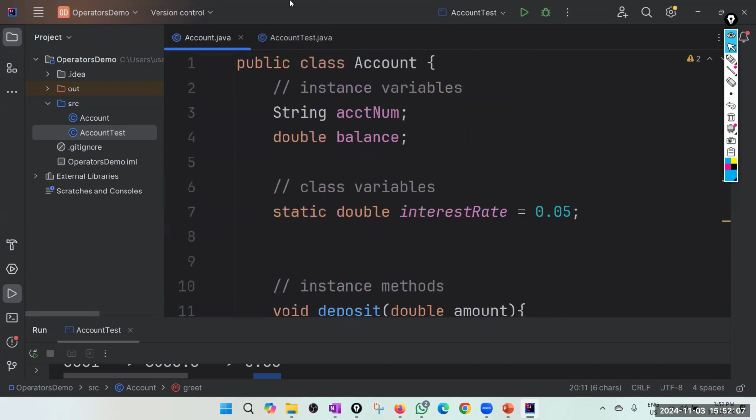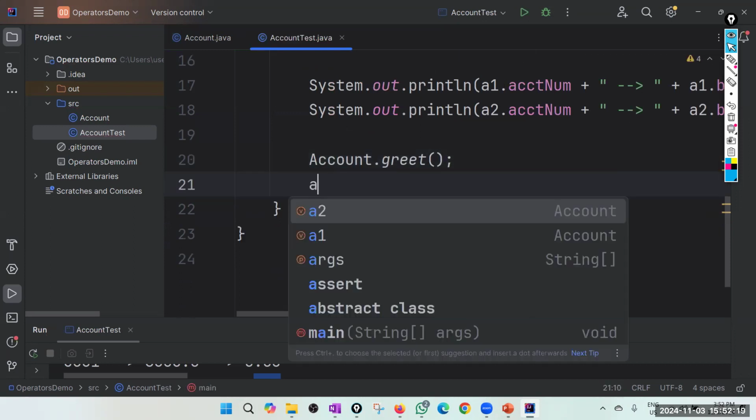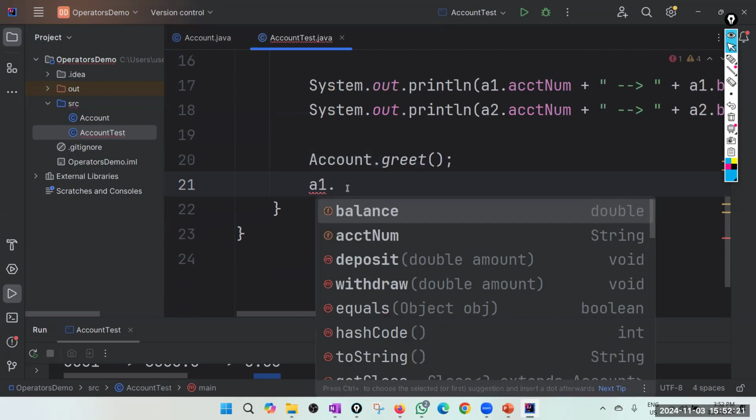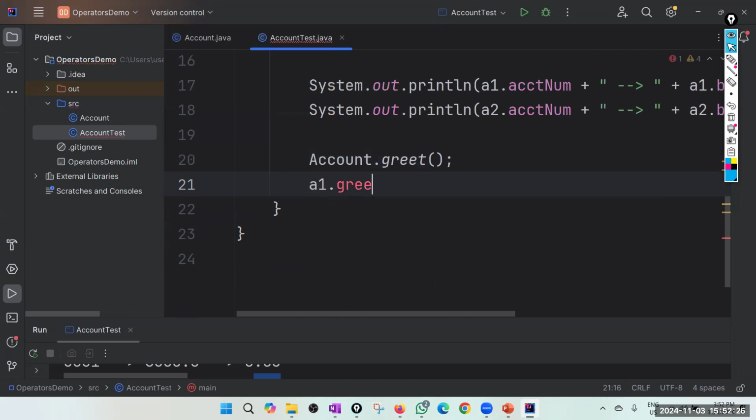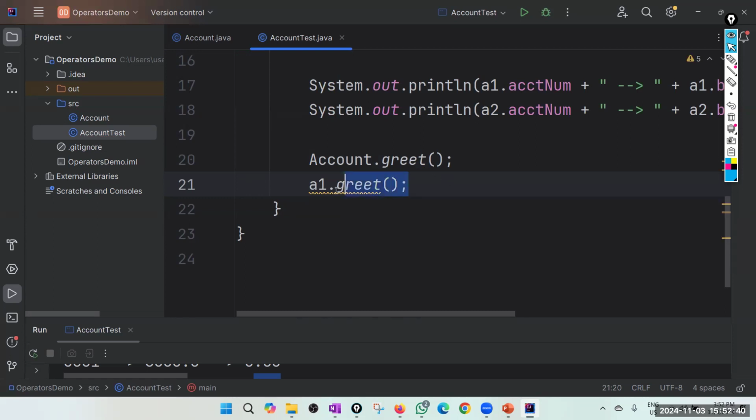And I can call it either using the class name, Account.greet, which is the preferred way, or using any of the reference variables, but that is not the preferred way. That is bad practice, but possible. You can see it is giving me a warning saying that is a bad thing: static member accessed via instance reference. So it says you are doing a bad thing, but this is not an error.